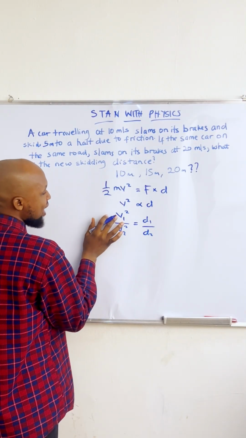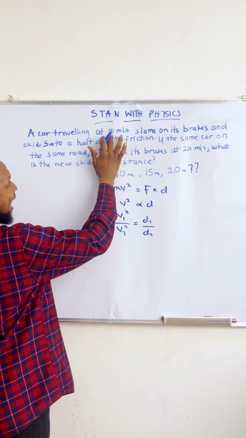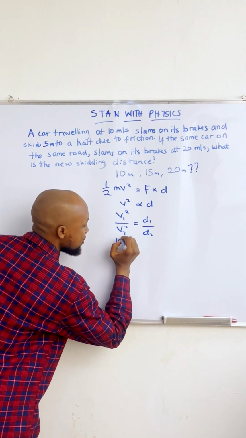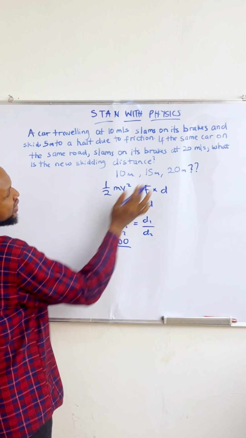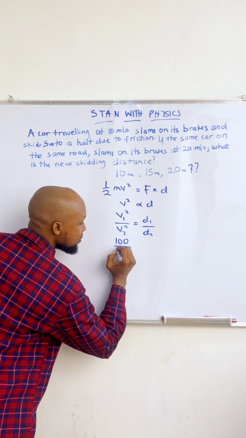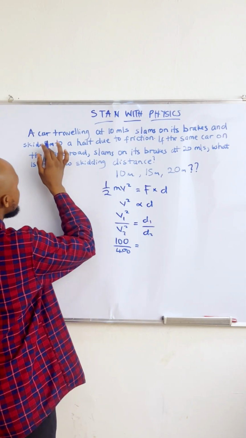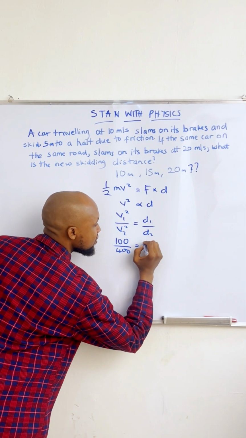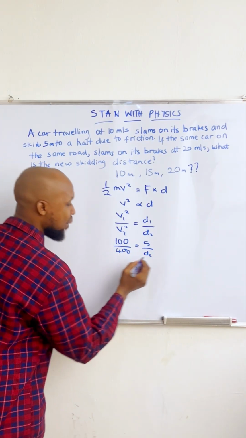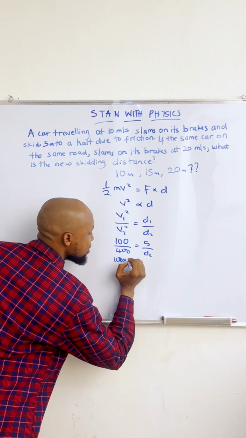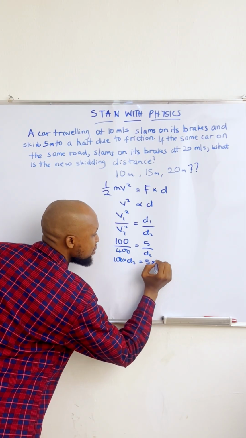So now v1 squared is 10 squared, that is 100. Let's just write immediately. v2 squared is 20 squared, which is 400. It's equal to d1, and d1 is 5 meters, all over d2. So if we cross multiply, we're going to have 100 times d2 is equal to 5 times